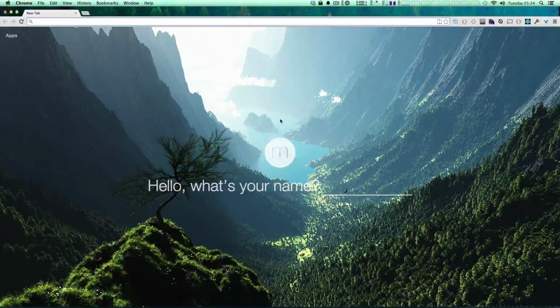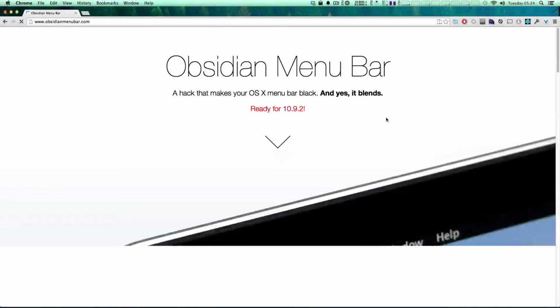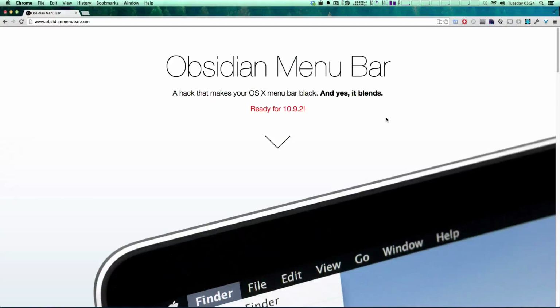So that being said, I want to configure this computer to look a certain way. One of the things I really like to do with a new computer is turn the menu bar black. So how do you turn the menu bar black in OSX? Regardless of what operating system you're running, whether it's Mavericks or Snow Leopard or whatever, this is obsidianmenubar.com, and I'm going to have the link in the